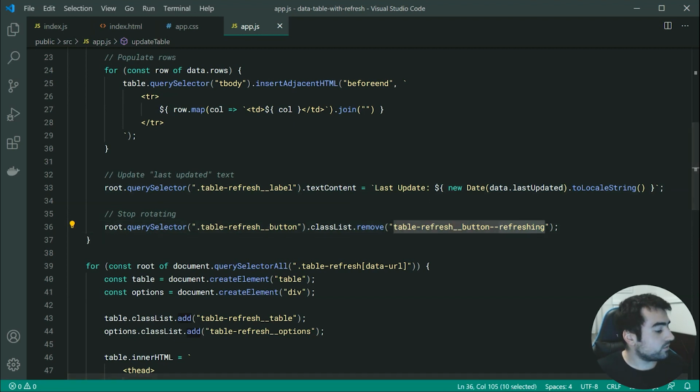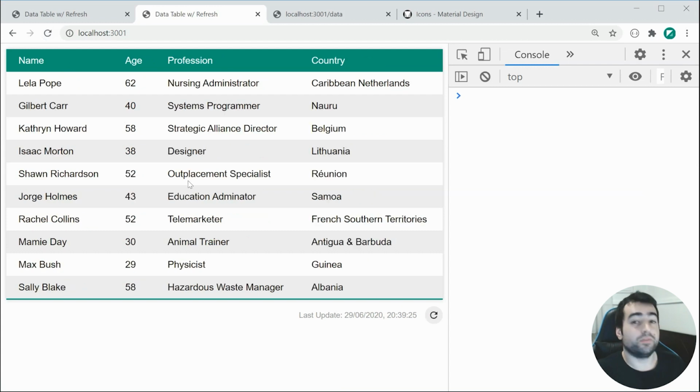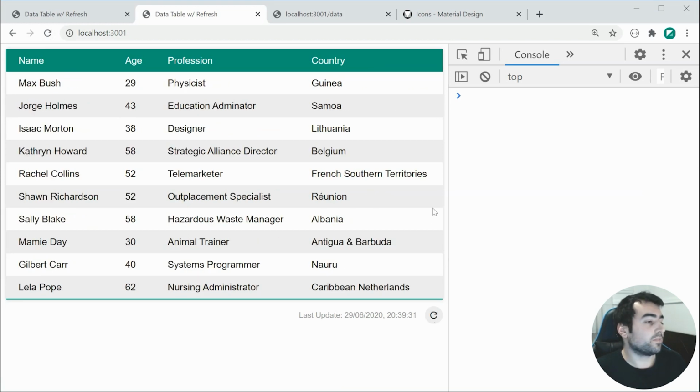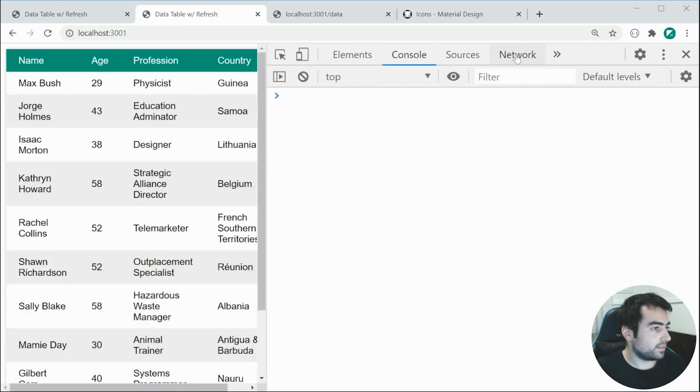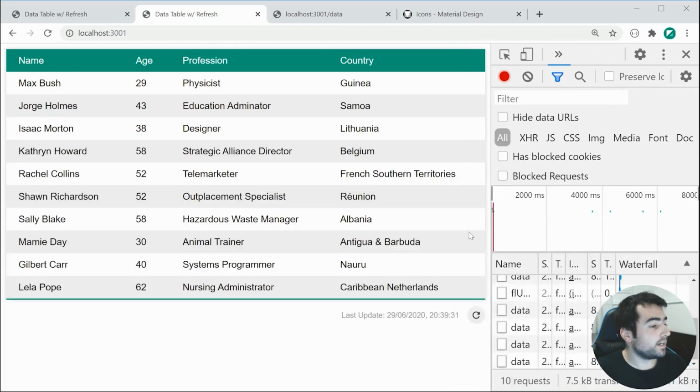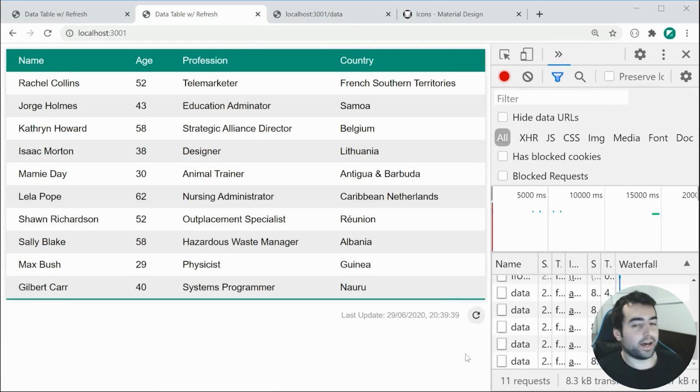Let's save this and refresh, and now we get right here the finished product. If I was to refresh, we can see it refreshes perfectly fine. And of course, if I was to go inside here, make this Fast 3G, and then try again, we get the slower refresh time. So that right there is creating a data table with refresh capability using HTML, CSS, JavaScript,